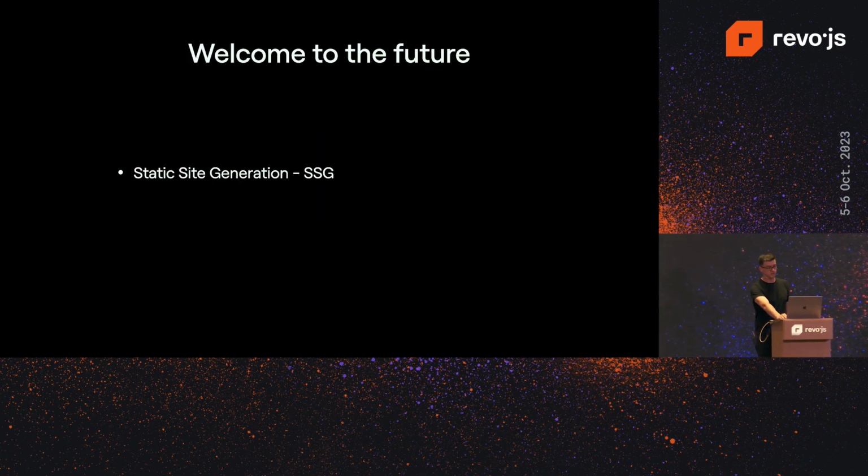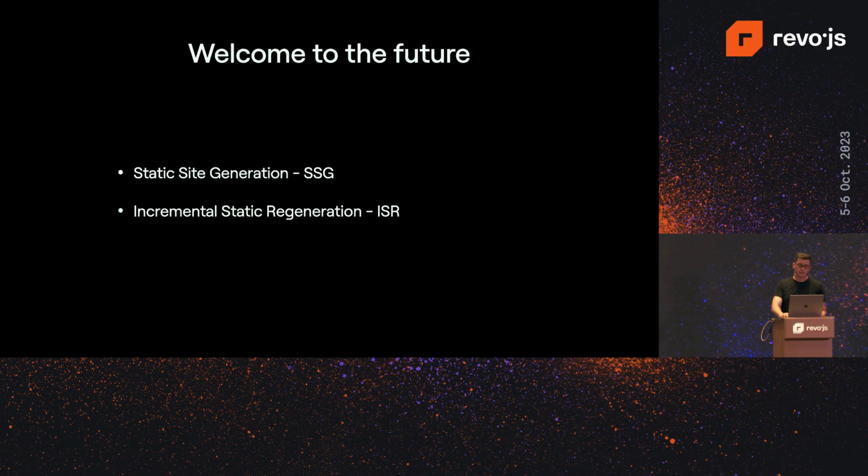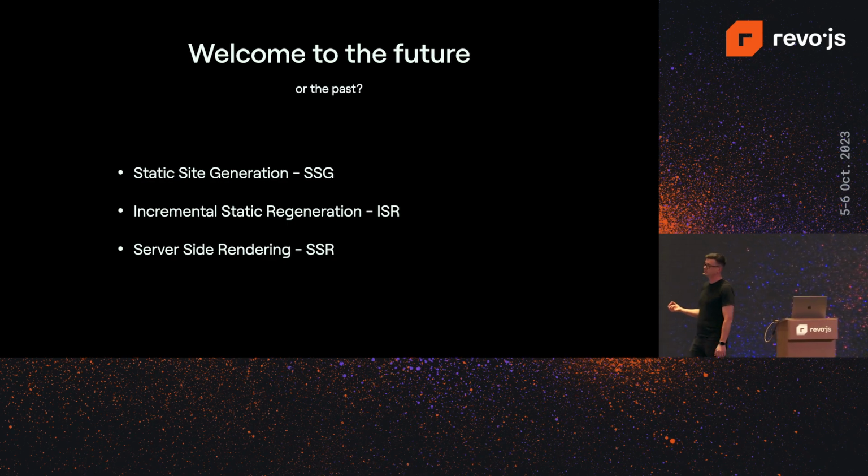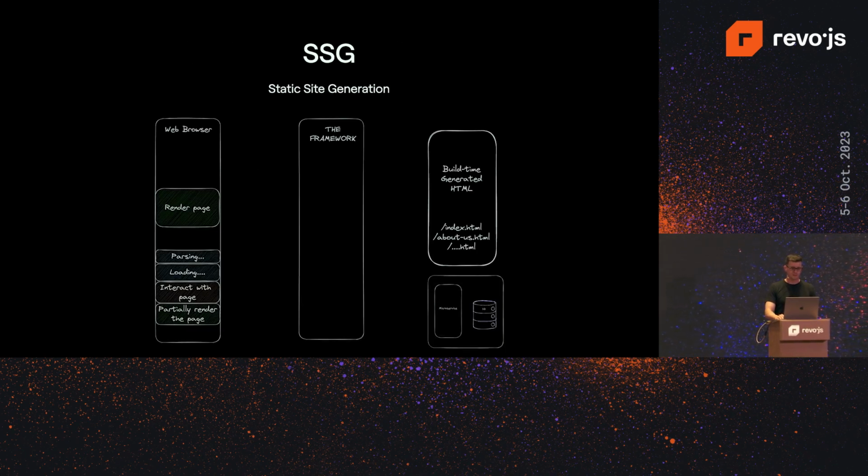So welcome to the future. The future is currently static site generation, incremental static regeneration, and server-side rendering. So what does that mean? It means that when you make a request to a server, you get the HTML back, and then if you need your front end to be interactive, you simply load the JavaScript that's needed to make that interaction possible. So why would we ship an entire bundle of JavaScript that's capable of rendering the entire website instead of just shipping the JavaScript that we need for a specific page in a specific context? Well, I don't know. We just thought it was a good idea.